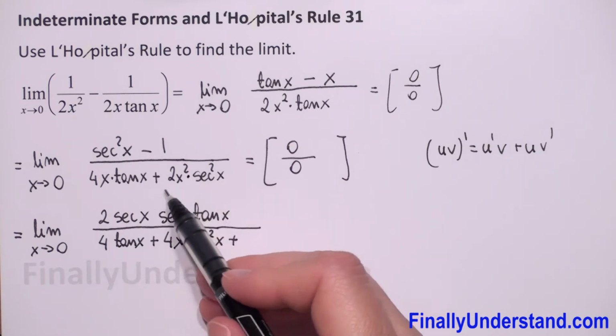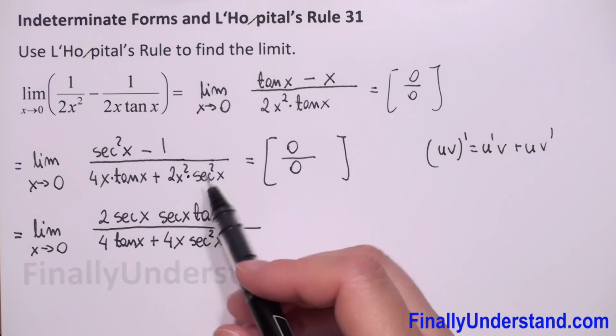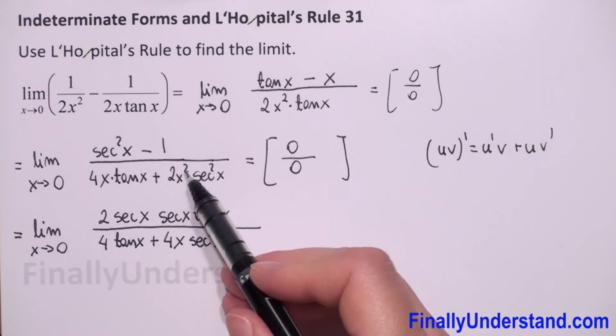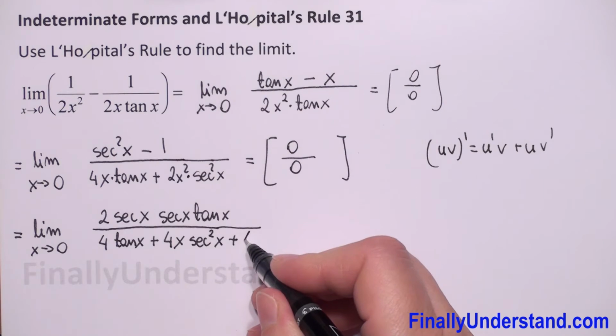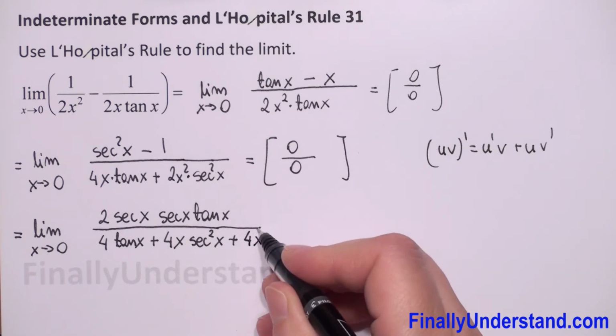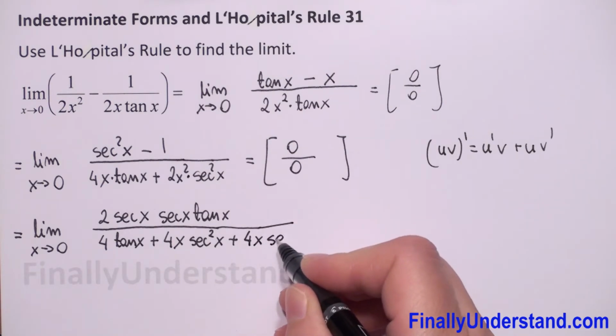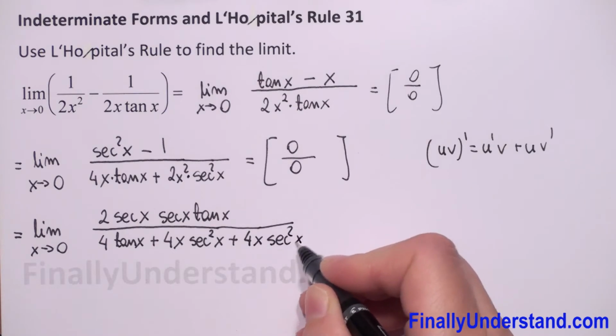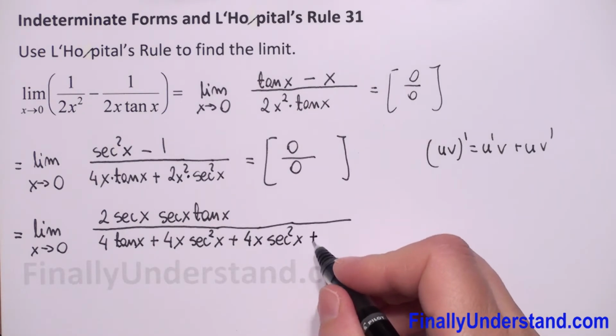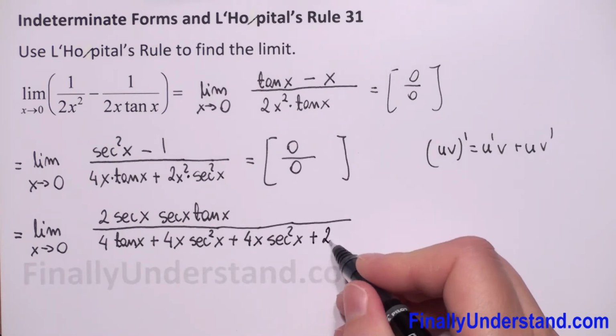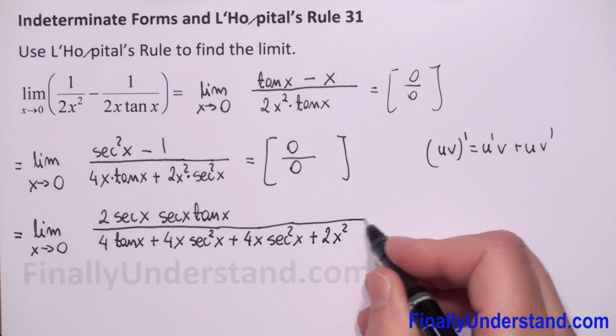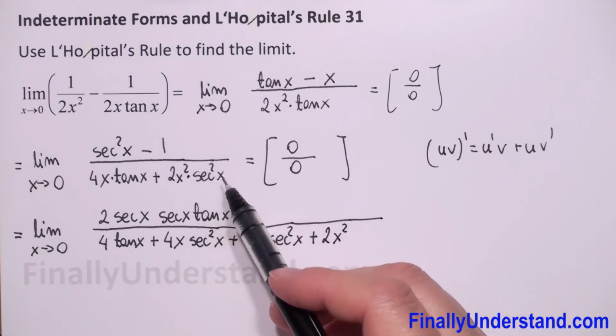Plus, again we have to find the derivative of the product. So we have to find the derivative of 2x squared first. So it's 4x times secant square of x plus, now we have to copy 2x squared times